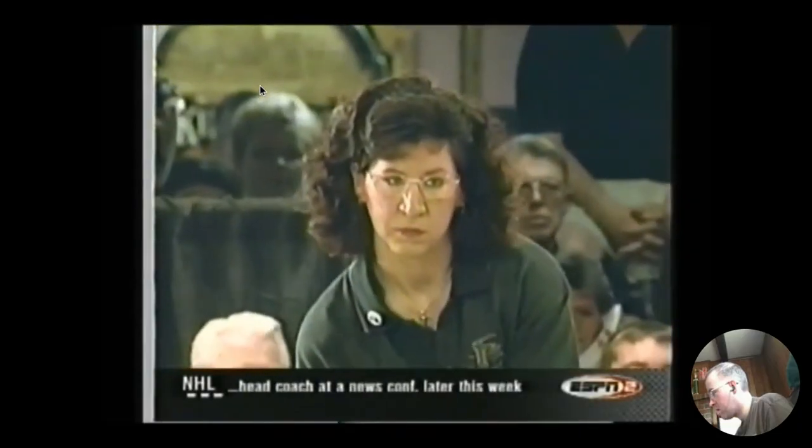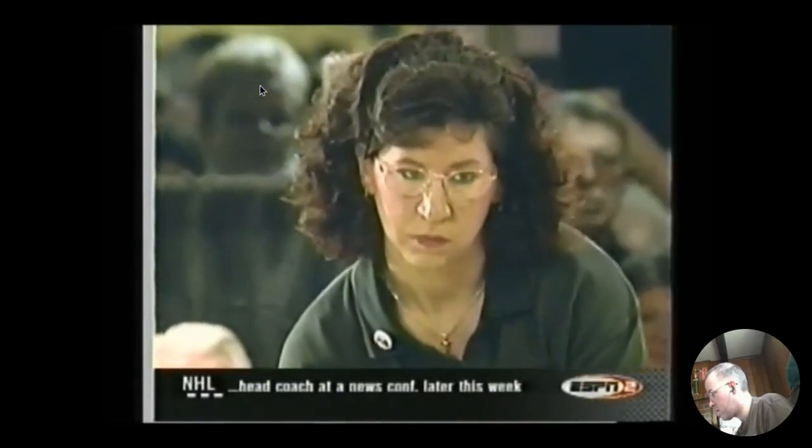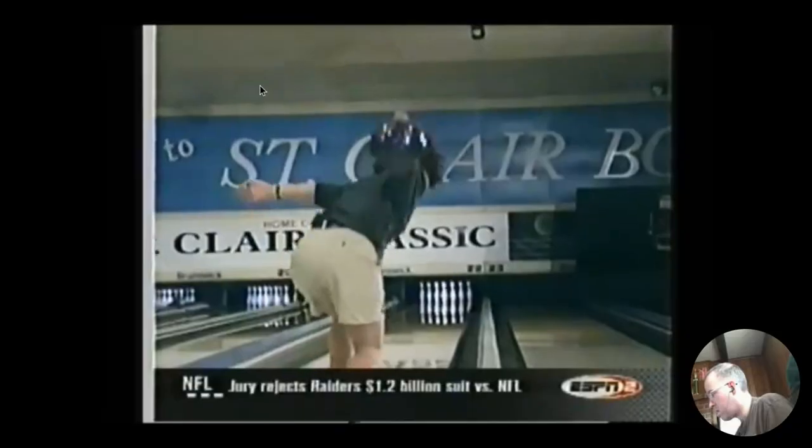The cost of living's coming down. Inflation and gas prices at 4-year lows. Wages are up,